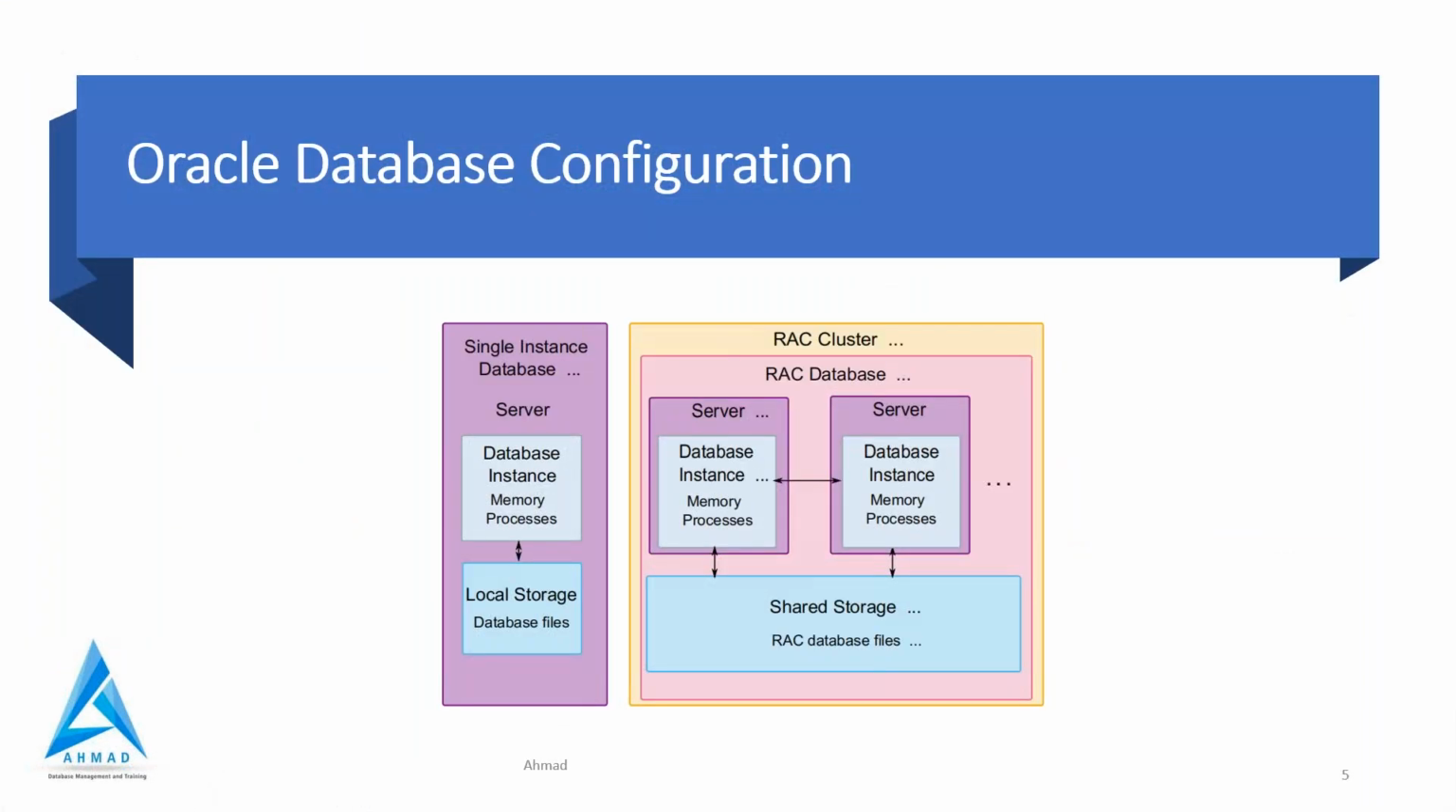Let's begin with database configuration. As we know, an Oracle database can be configured in two basic ways. One is single instance, which we call non-cluster, and another is multiple instance, or RAC database, which means Real Application Clusters. These are the two ways where your database will be configured. In single instance, a database has a one-to-one relationship between the instance, memory, and processes. If you see this figure,